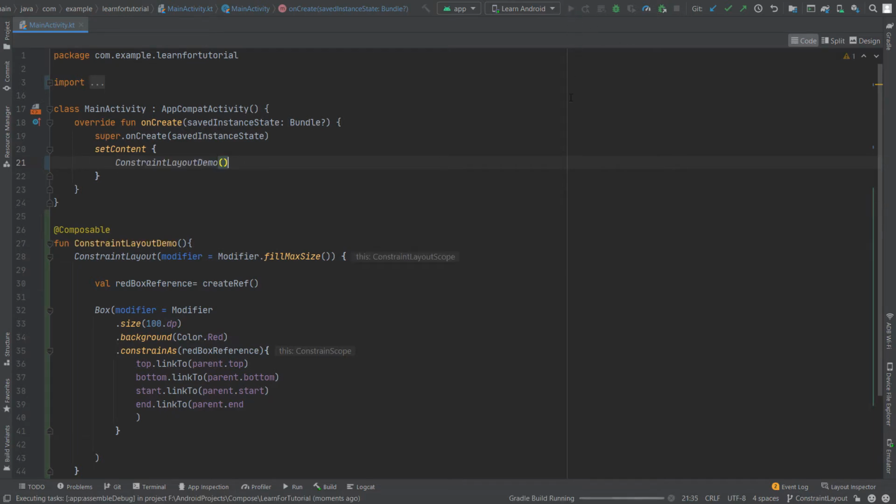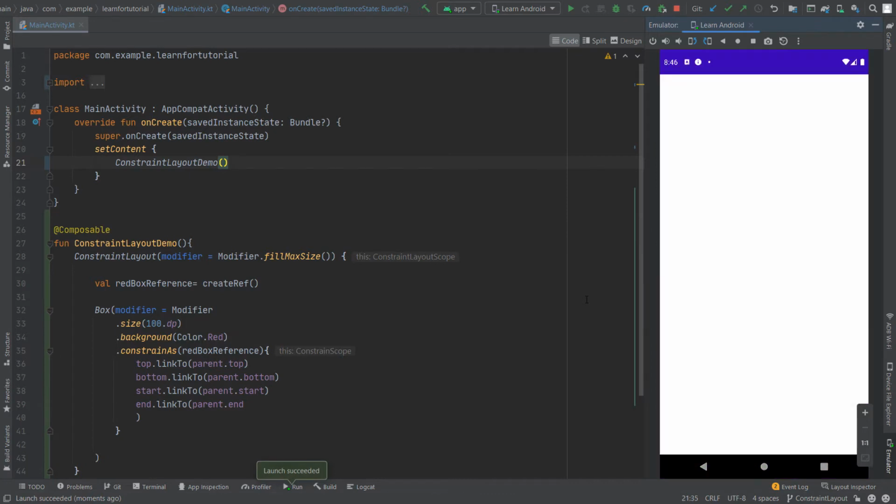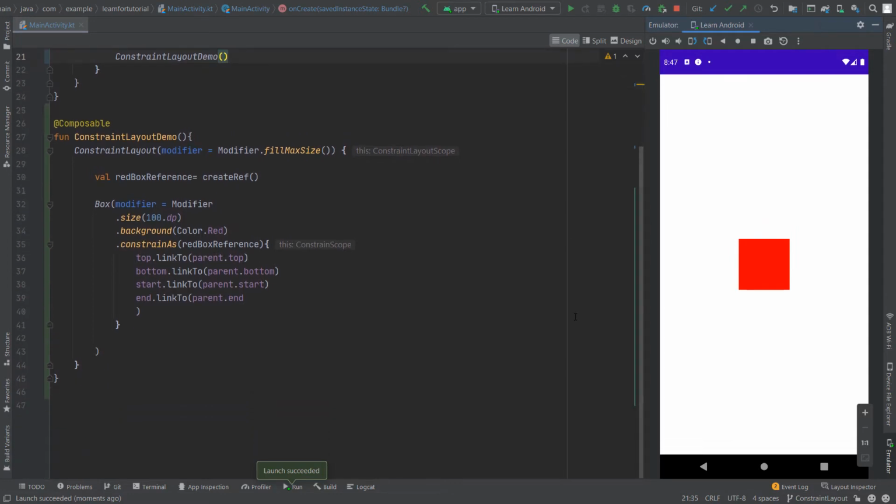Now let's run our app and see how it looks. As you can see, our red box is placed in the center of our application. This is because we have set our horizontal and vertical constraint to its parent.